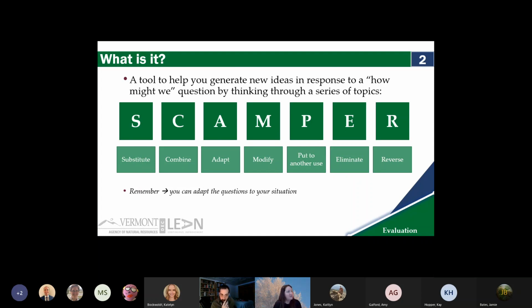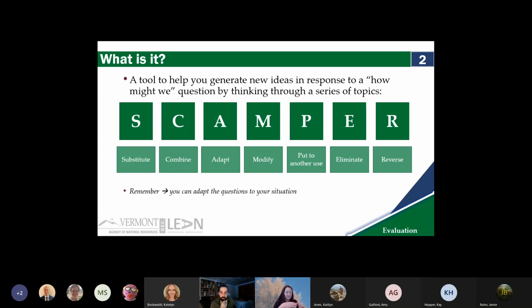It is an acronym, of course, and it is a tool to help you generate new ideas by responding to a how might we question by looking at a series of topics, and that's what SCAMPER stands for. So you can see here on the screen what each letter stands for, and essentially we'll look at the how